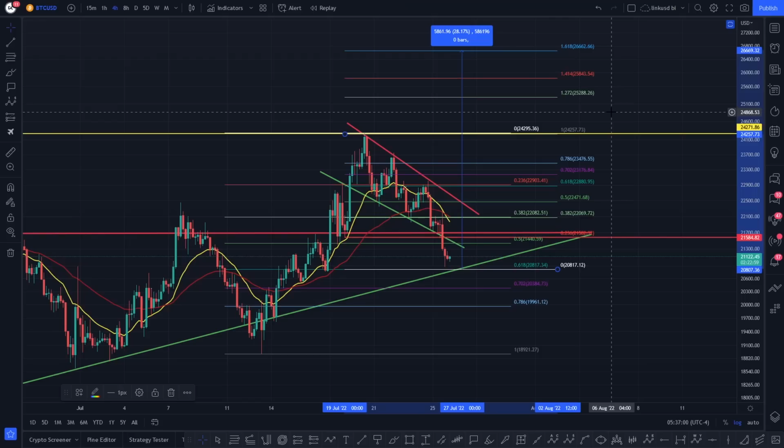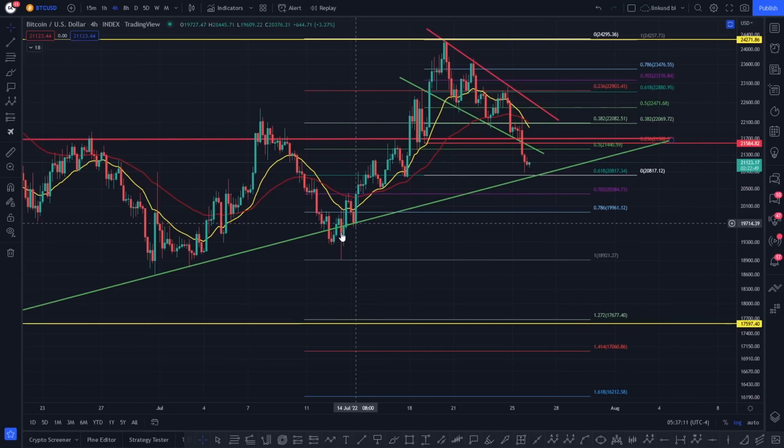So this personally is what I'm going to do. I'm going to go long. I'm going to put my stop loss on the 702 fib, because if it goes the other way, it goes the other way, doesn't it? You know, and you get stopped out. It's trading 101. And like I've always said to you, I did go long down here on this green trend line as well. I did go long on this green trend line as well, because I think that what potentially